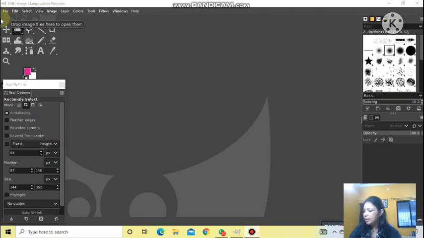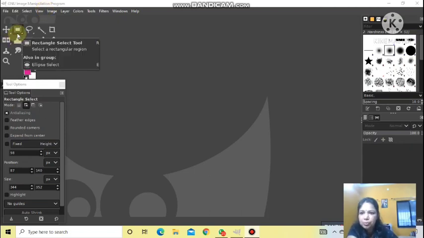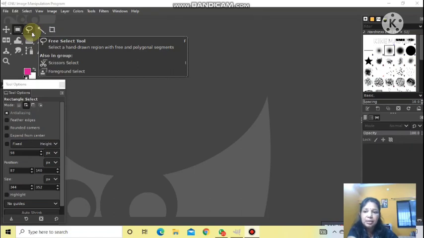Last class we had started chapter 3, Introduction to GIMP, and from that chapter we had completed all the selection tools. We had the free select tool, then rectangle select tool, elliptical select tool. All these tools we had done, and today I'm going to discuss some of the selection modes: add a new selection to the existing selection, subtract the new selection from the existing selection, and choose the intersection area of two selected parts. So these three modes are available.